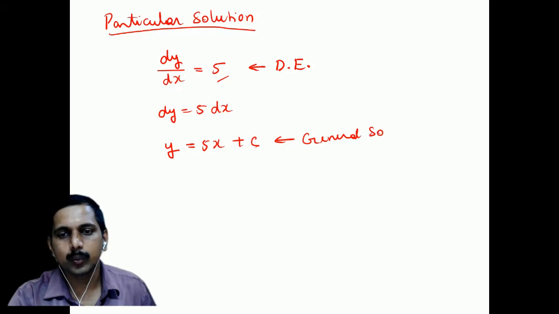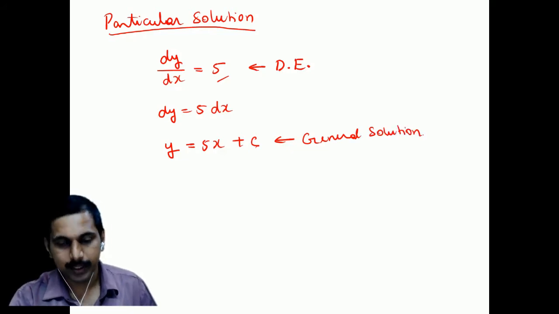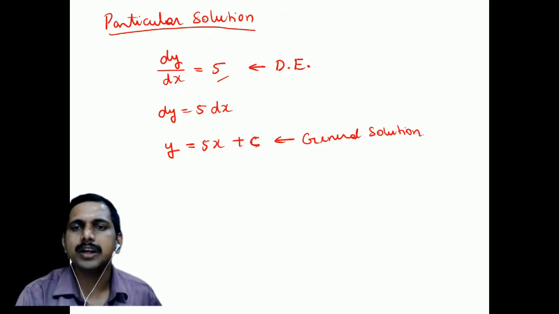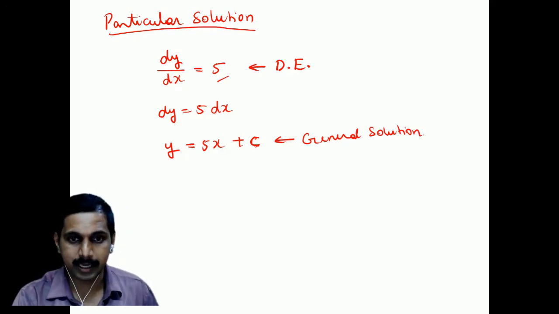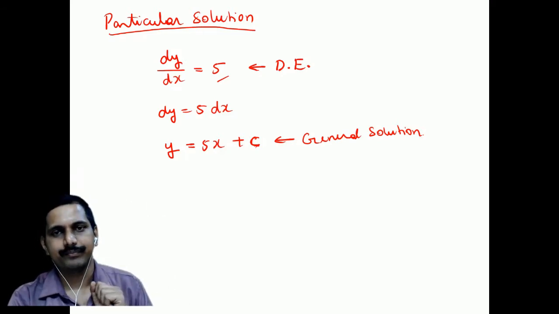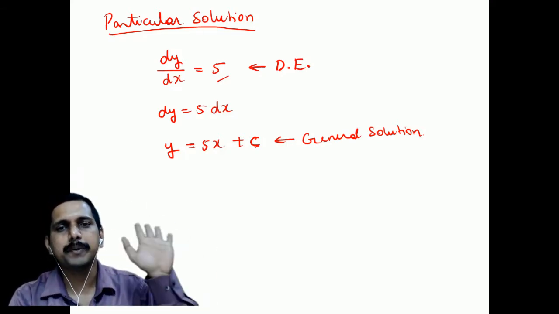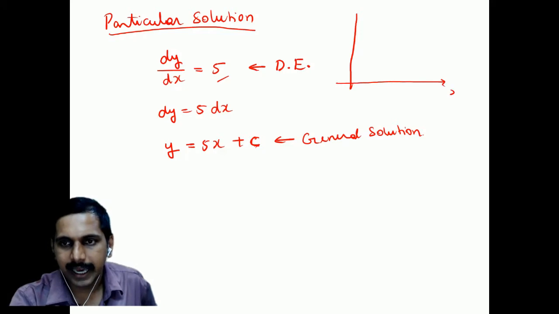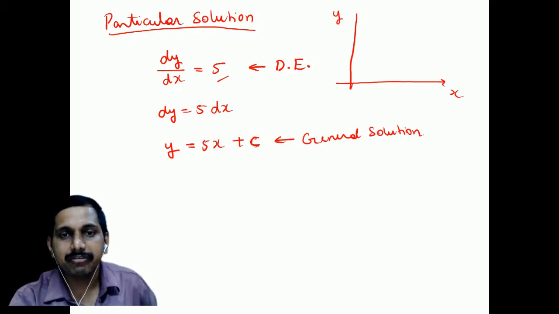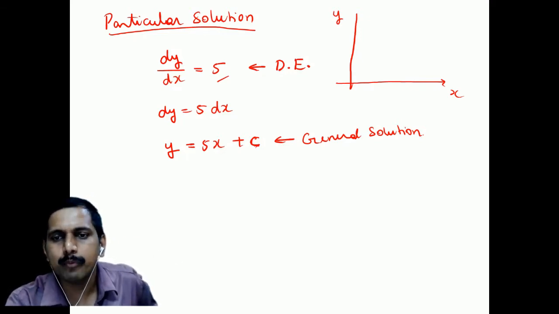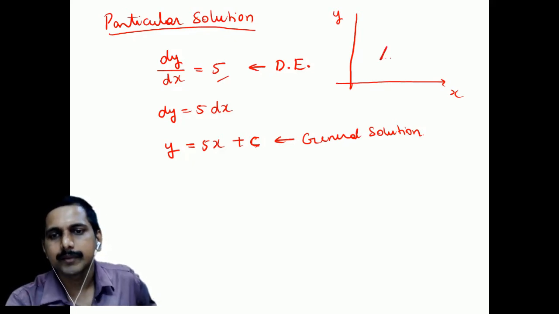We call it the general solution. Now this general solution has arbitrary constants. Why we call it general solution, we will see in a moment. Now what does this mean? This means the slope is 5. Now in x and y, the differential equation means I have a slope of 5, and it can be anywhere. What is slope 5? Slope 5 means when I go 1 in x, y will go 5 times. That's it. So this is the slope.